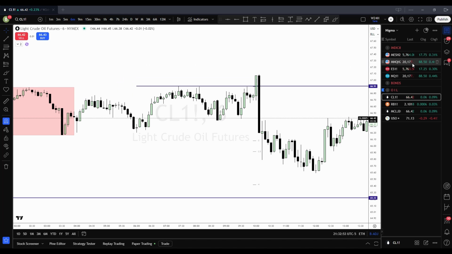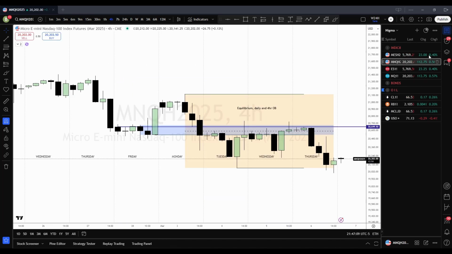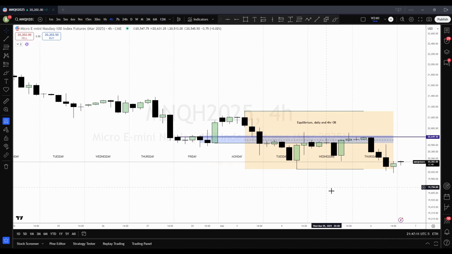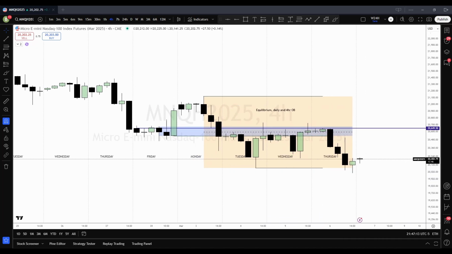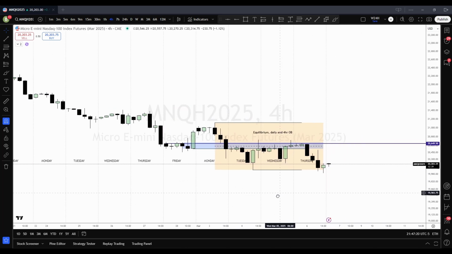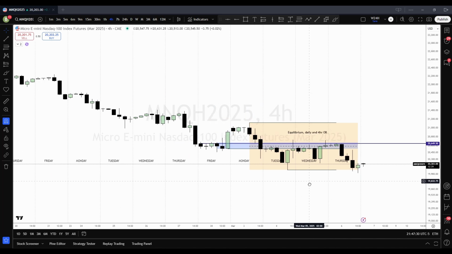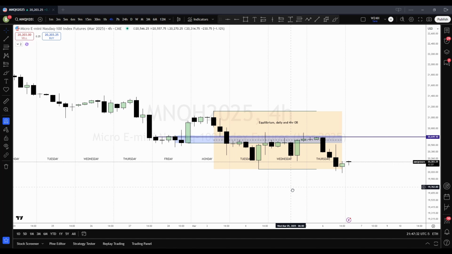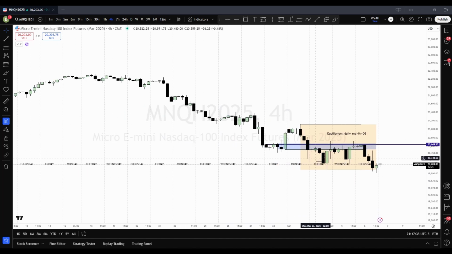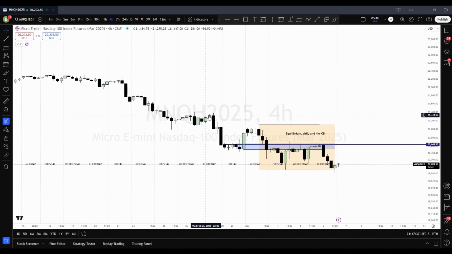Now, I did not trade the indices, but I did keep a close eye on how they were being traded. The reason I didn't trade US indices is because we have non-farm payroll coming out on Friday at 8:30. So prior to the non-farm payroll, it can be a little shaky sometimes. But nonetheless, I wanted to highlight a couple of things here. Obviously, we've been going down. I'm on a 4-hour chart, but the 4-hour chart seemed to be a little bit more clear